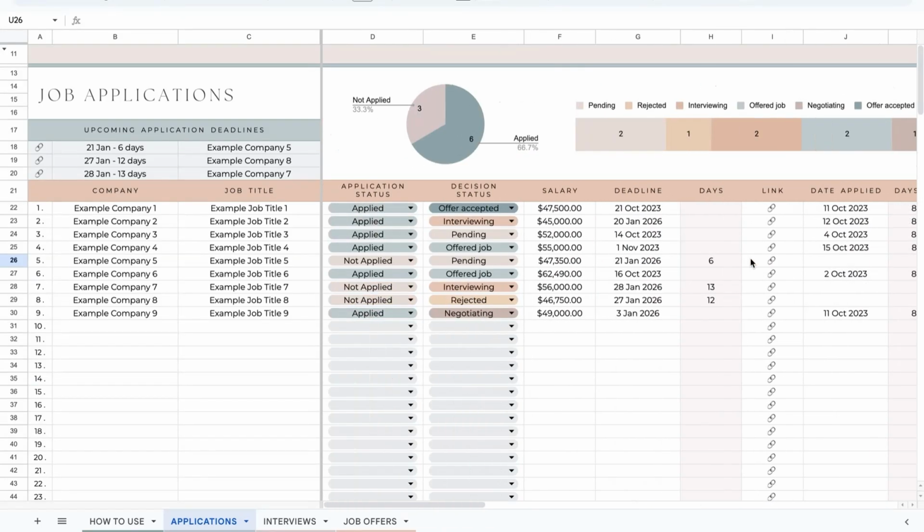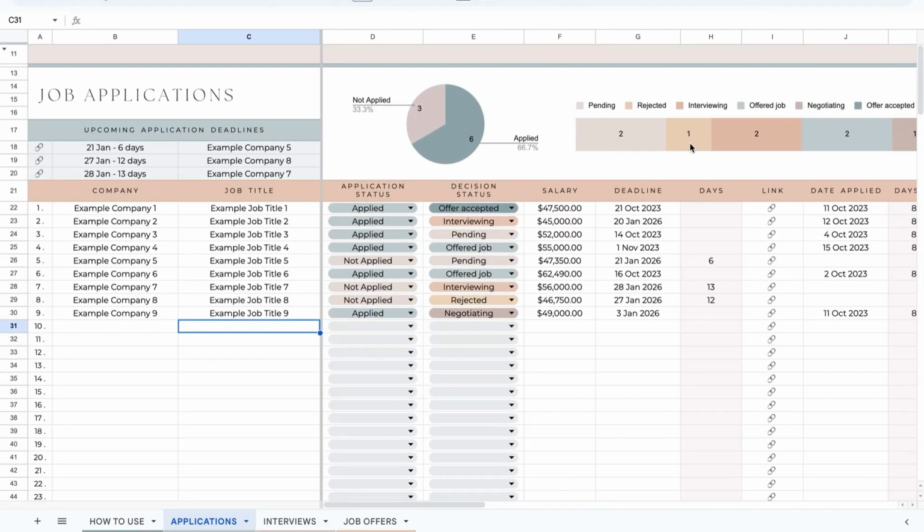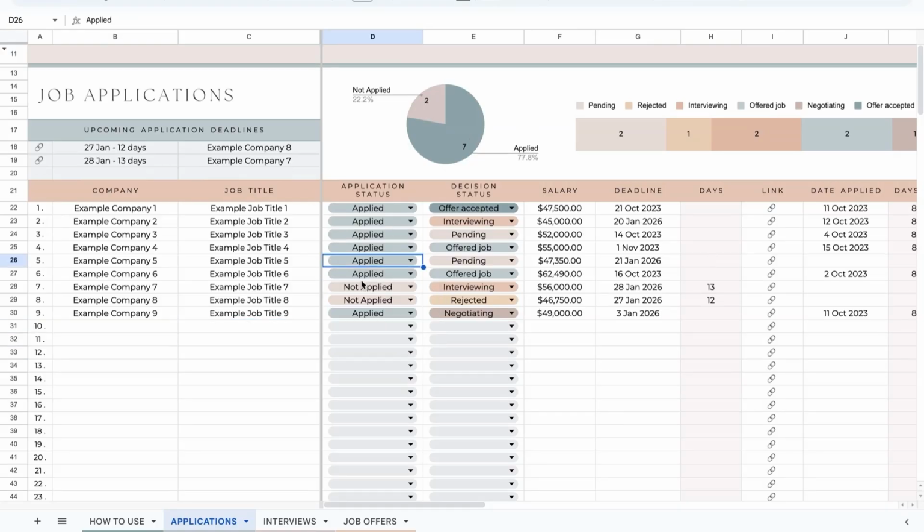As you add in the information to the tab and select drop-down options, the charts at the top will automatically update for you. In this area to the left, you'll also be able to see the next 3 upcoming deadlines for job applications. Specifically, this will show the job applications that you have not yet applied to. So as you can see here, if I select that I have applied to this job application, it's now removed from the upcoming deadlines. In this area, you'll be able to see the date, the number of days away, the